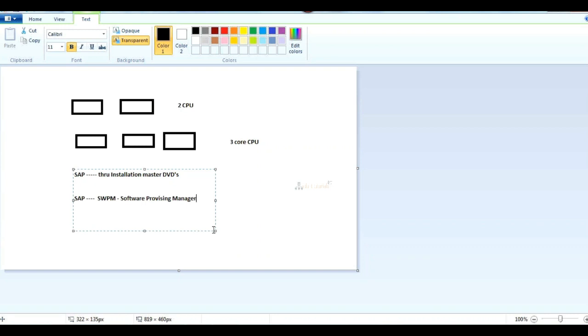How can I install my SAP? Using the SAPINST tool, right? This SAPINST file we need to run from SWPM or the Installation Master DVD.